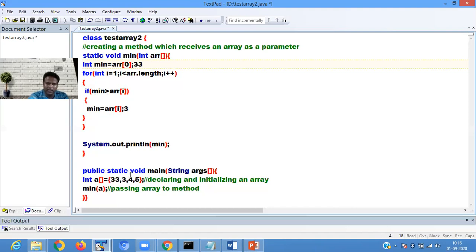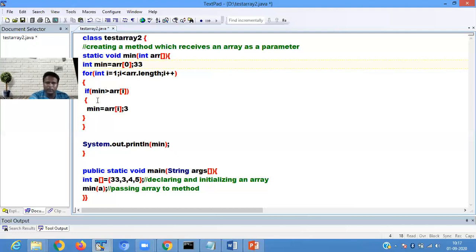Then minimum now we have 3. 3 is greater than array 2, which is 4. Condition is false. So when it is false, then I value is incremented to 3. 3 is less than 4. Condition is true.